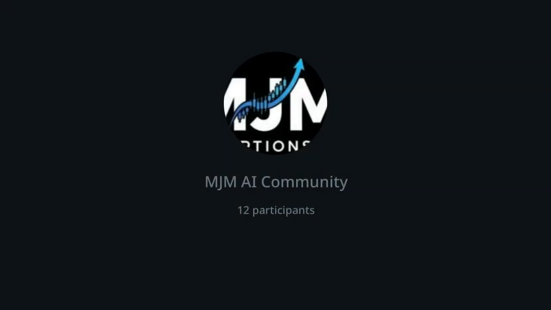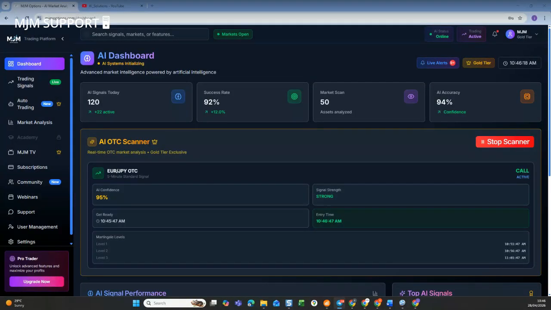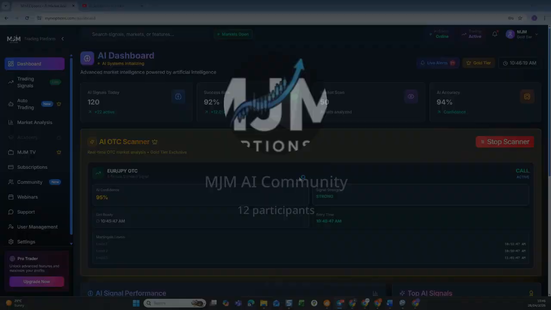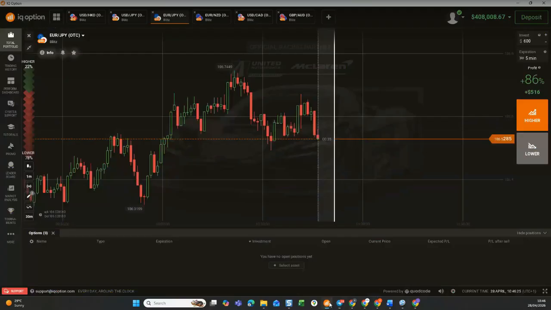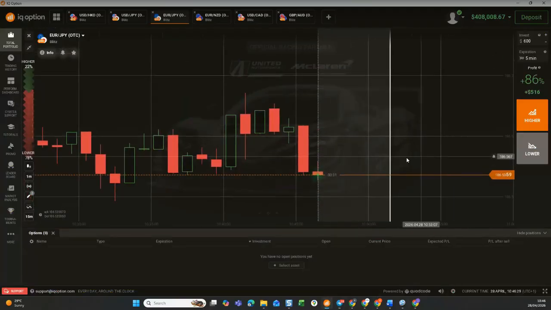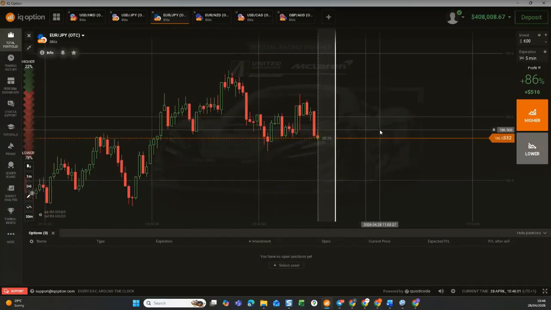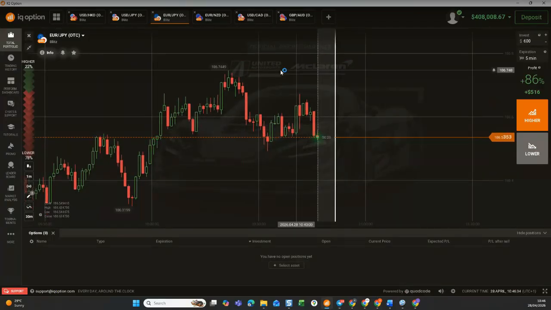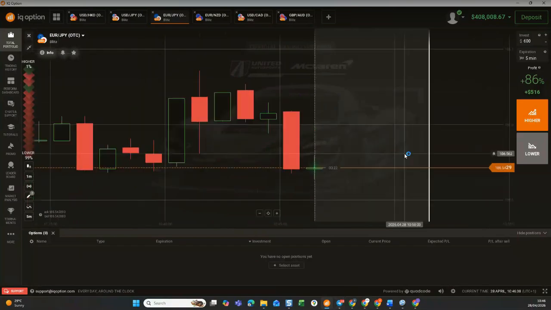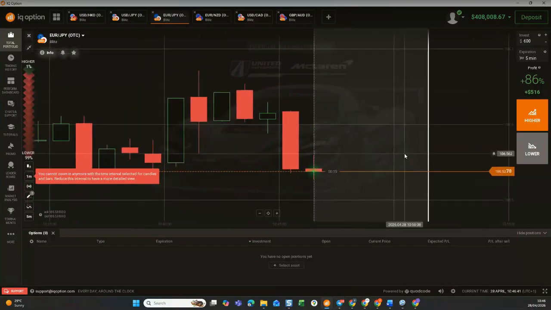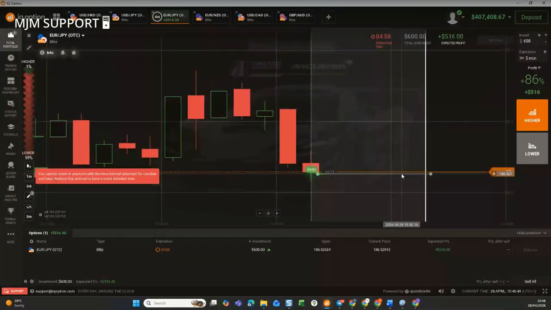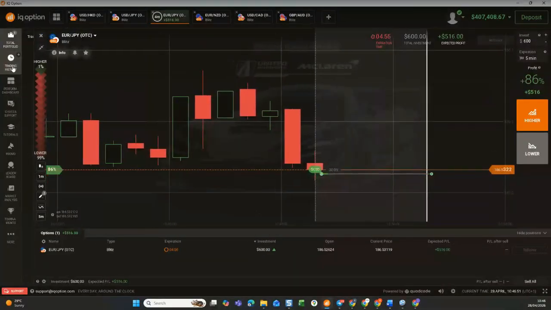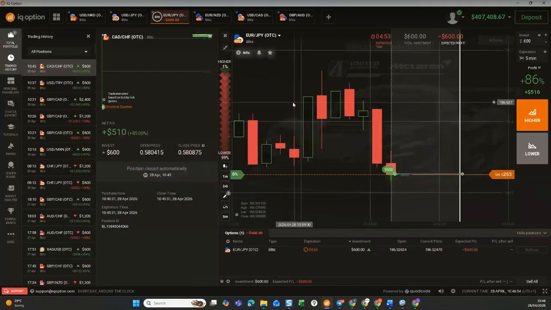So what time are we buying? We're buying at 10:46:47 seconds. So let's get ready. I'm going to place this signal. I will go and do a screenshot of the other one. We have less than 10 seconds to go. We're buying at 47. So buy now, guys. So currently we are on EURJPY, and this is